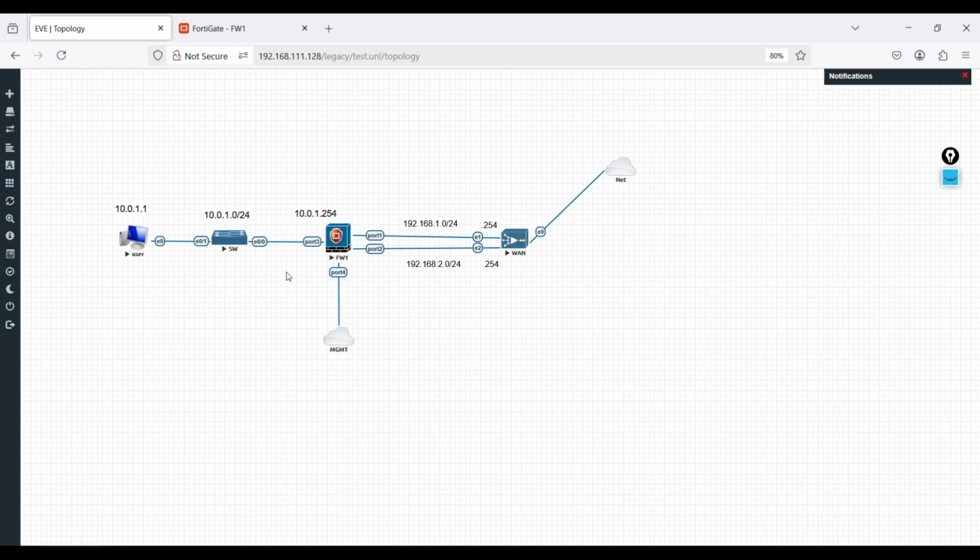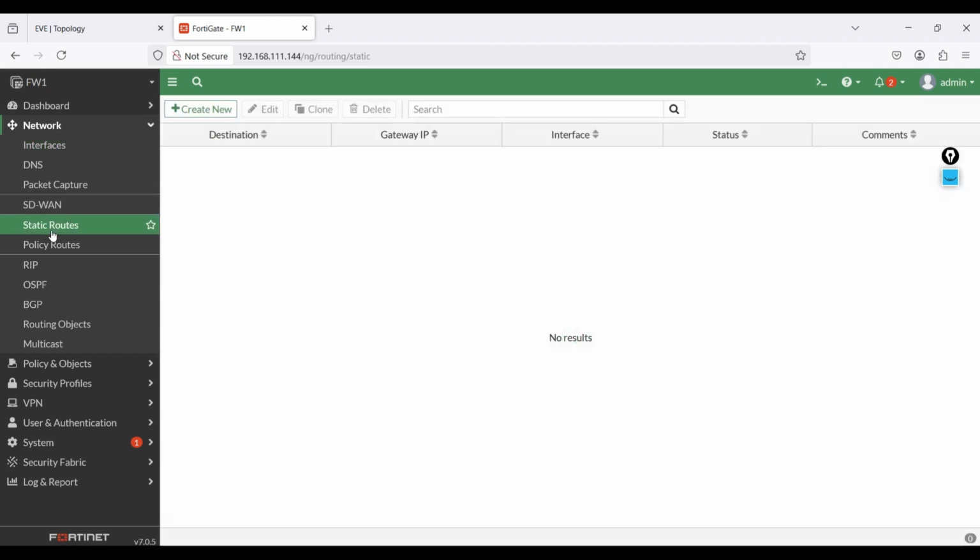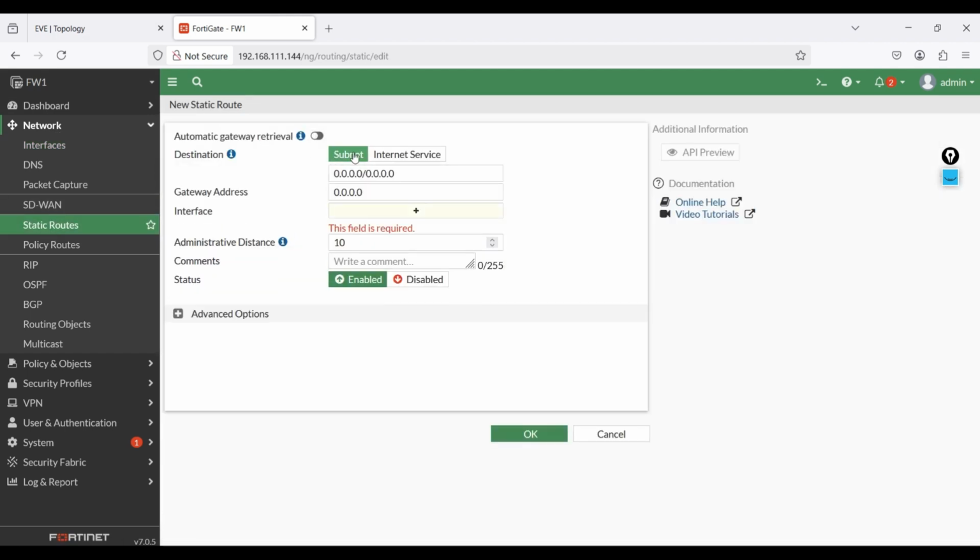Now we have to create a static route so that any traffic that came to this device, that will throw the traffic to the port 1 or port 2, whatever we will configure in our static route. So for static route, under network we have static routes. Create one new static route, and this is our default route, and the gateway will be